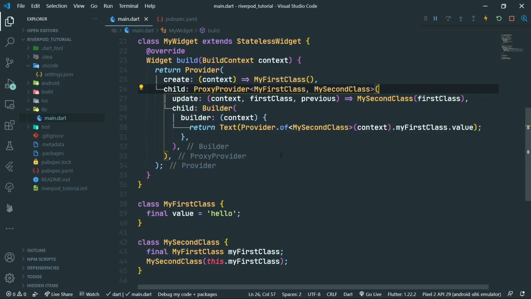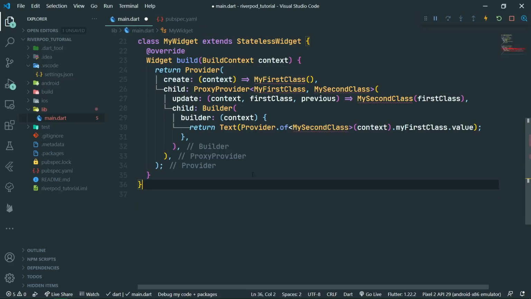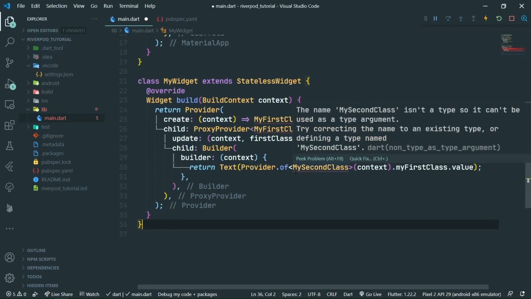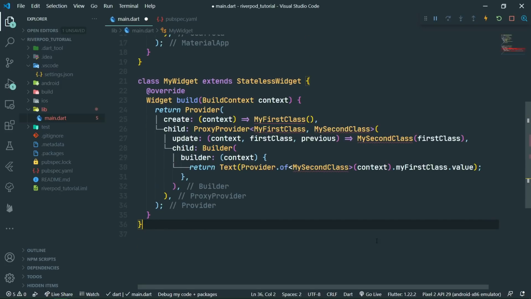We should be able to just separate our providers into a separate file so that they can be properly and nicely organized in a readable way. And this is not readable at all. Then, if we delete these two classes because we don't need them anymore, we can demonstrate the second huge drawback